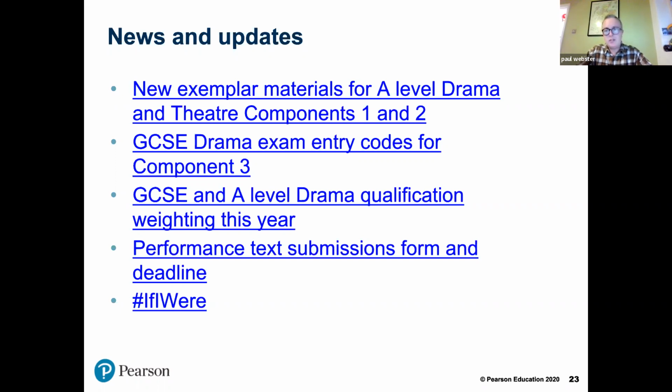So when the students go in, if you've used the A code, then they'll just have the 6 set text extracts from list A. And likewise with list B, they won't have all the texts. So it's really important that you and your exams officers make the right exam entries for component 3 this year, either list A or list B.